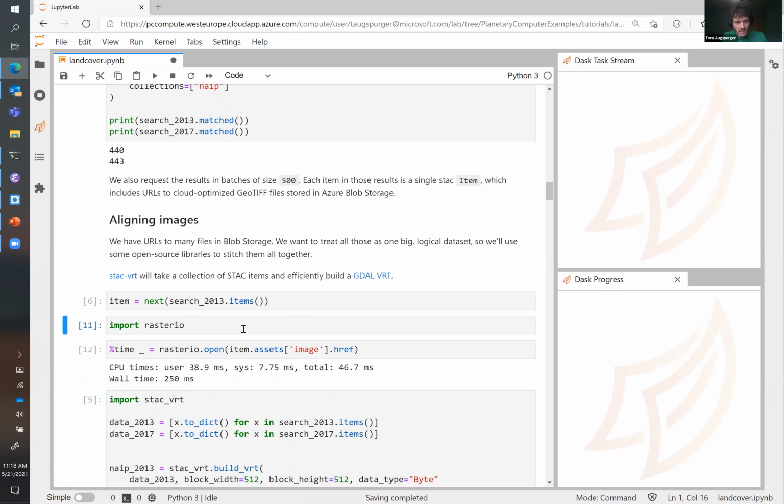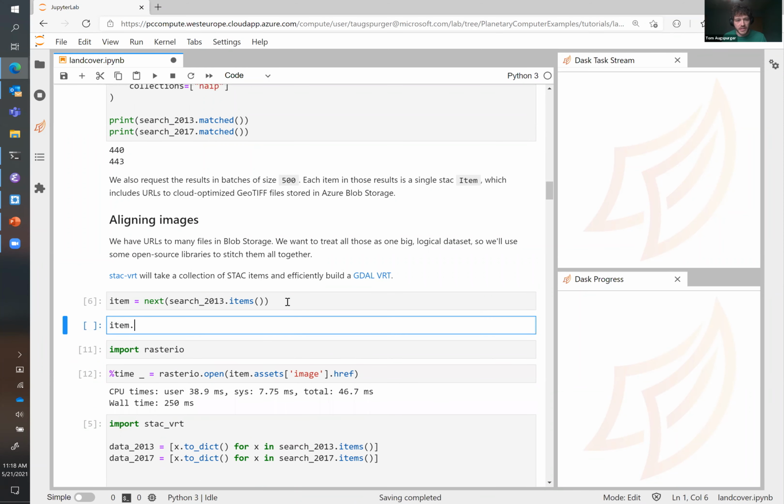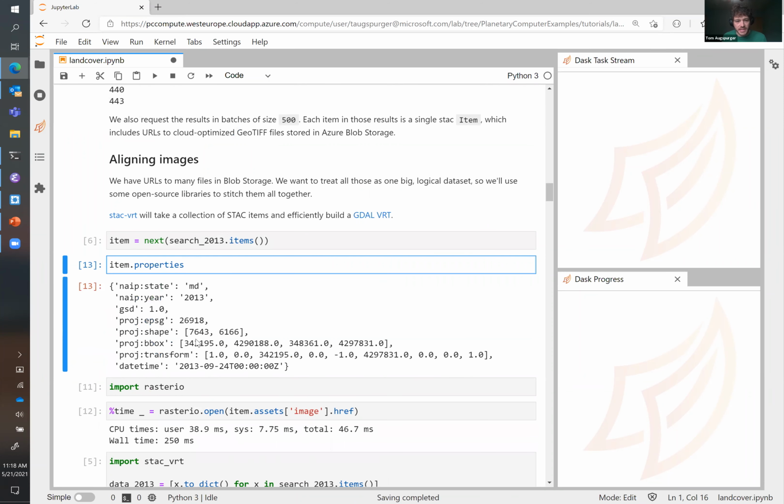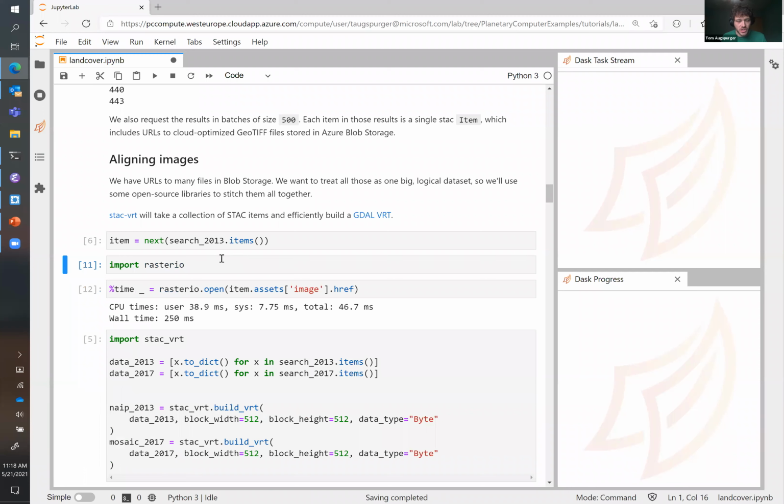So there's a couple of libraries that are basically exploiting all the rich metadata in these STAC items, things like the projection information, the shape, there's a whole bunch of other stuff, specifically like the transform for rasterio, that tells you exactly where the data within lies. And so basically what we're going to do is construct an xarray DataArray from that metadata without opening up